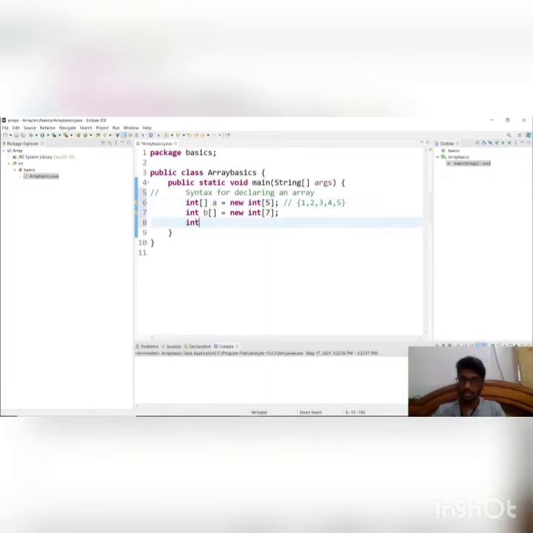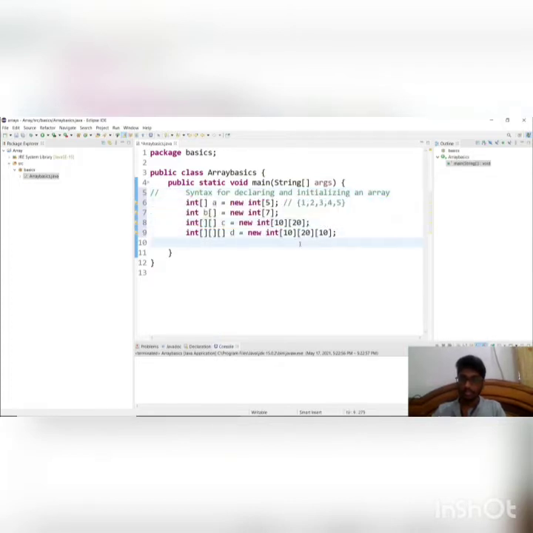And now let's see how to declare a two-dimensional array. First we give the data type, and since it has two dimensions, we give two brackets and a variable name, and initialize it with the new keyword, and give the data type. Since it has two dimensions, we give the size of the two dimensions. This is for a 2D array. And if it is 3D, we give the data type first, then three brackets and the variable name, and initialize it with the new keyword, then the data type and the size of each dimension. This is the syntax for declaring and initializing an array, whether it is 1D, 2D, or 3D.